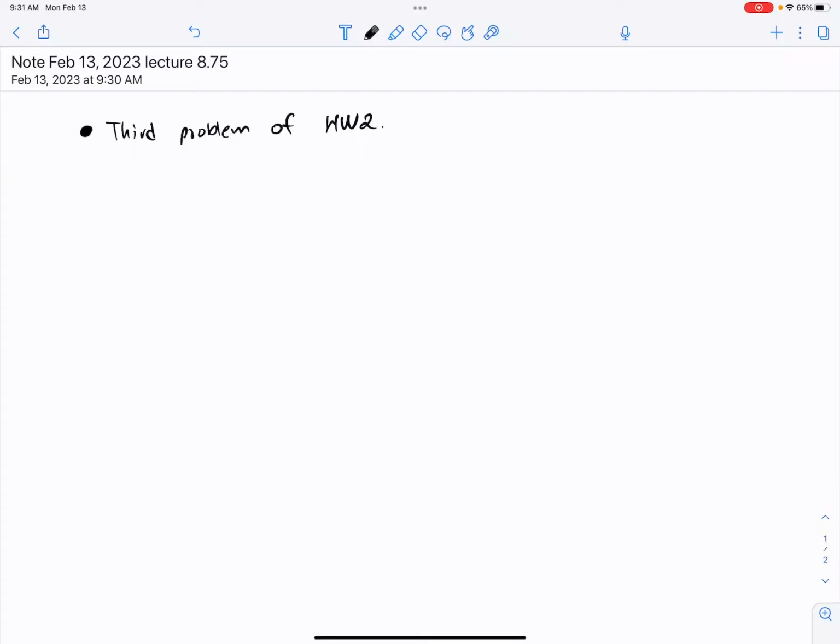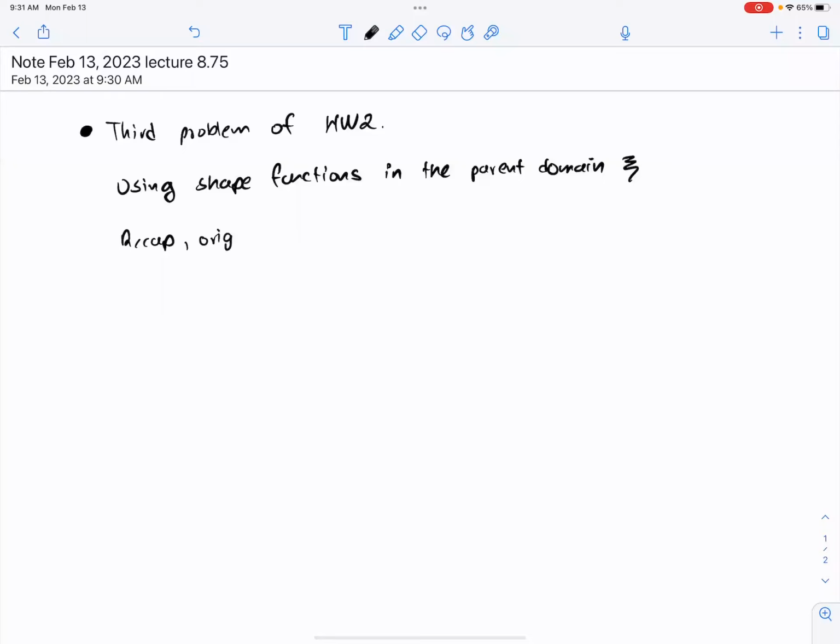It mentions that you should use the shape functions in the parameter domain. So let me just say here, using shape functions in the parent domain. Let me just recap the original shape functions. So if you remember what we did before,